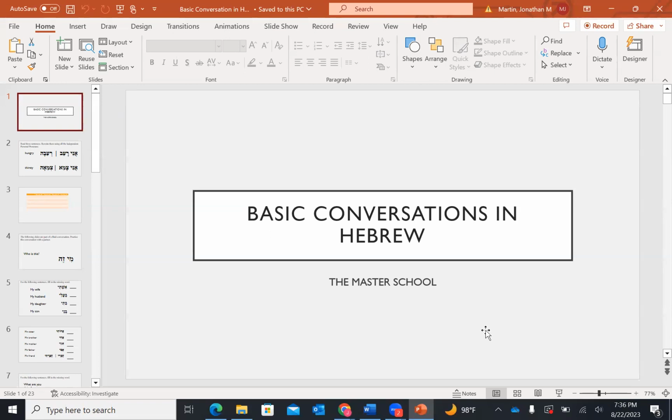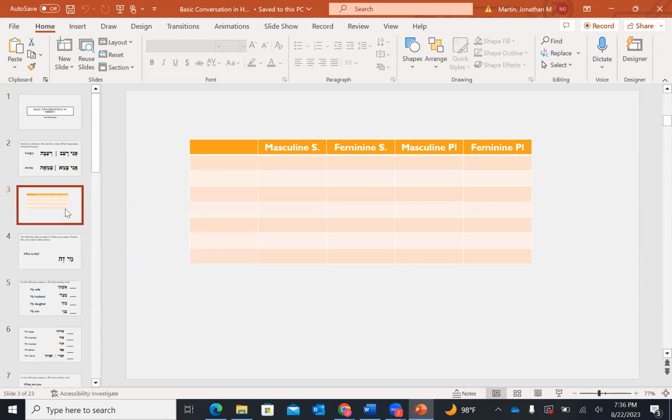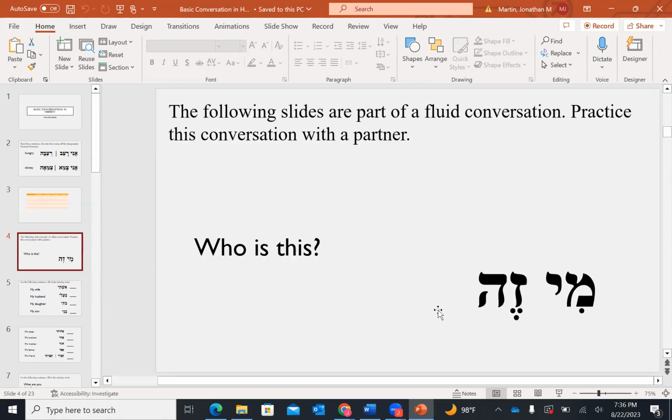So I tried to figure out, what is the next step to this Hebrew conversation? All right. What is the next step to this Hebrew conversation? Are you asking a question or was that a statement? Well, it's a rhetorical question, but it's what I want you to think about, right? What is the next step to this conversation?